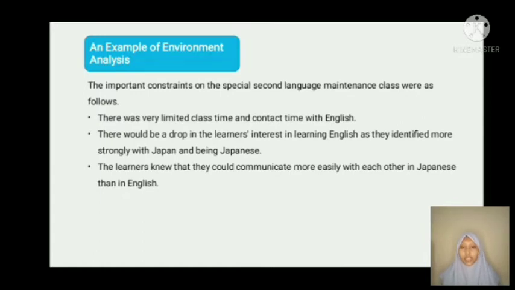And from that case, there are a lot of important constraints on the special second language maintenance class. First, there was very limited class time and contact time with English, and there would be a drop in the learners' interest in learning English as they identified more strongly with Japan and being Japanese. And third, the learners knew that they could communicate more easily with each other in Japanese than in English,